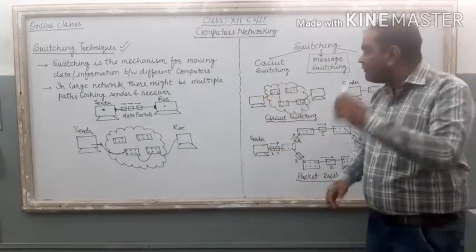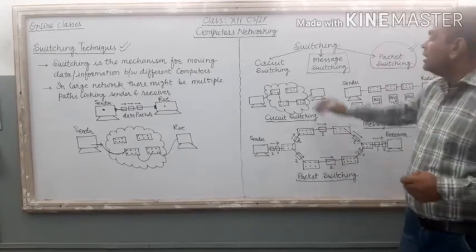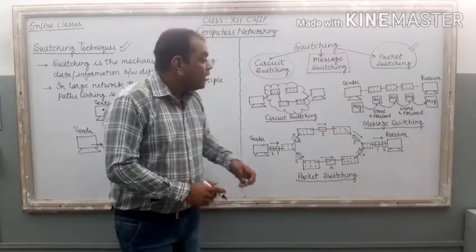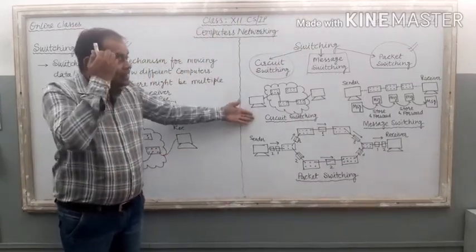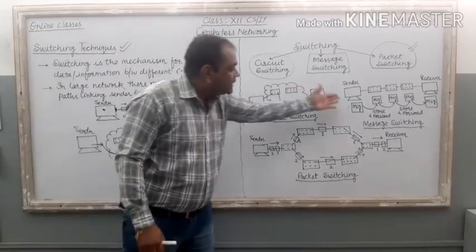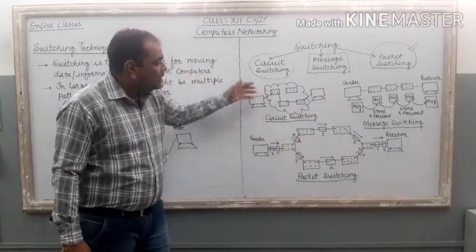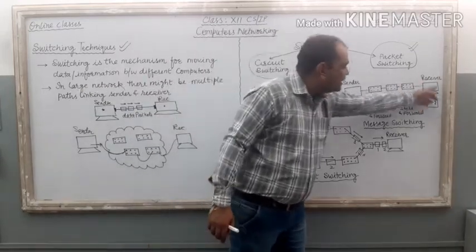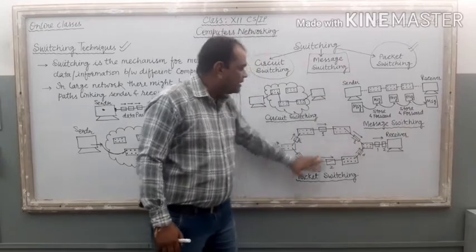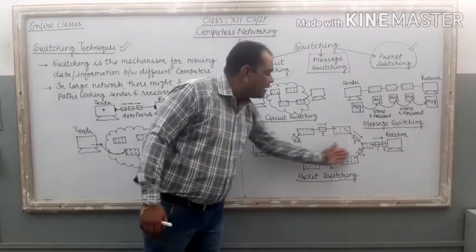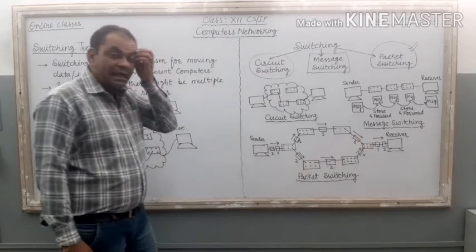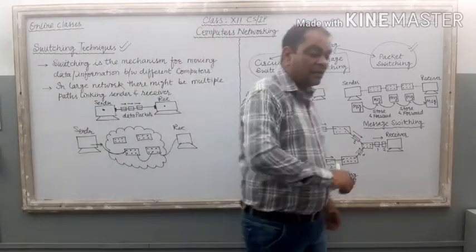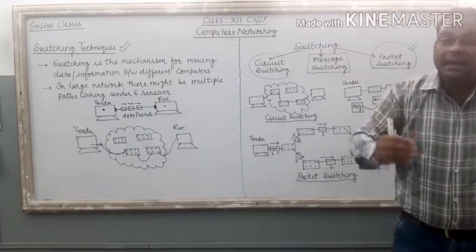switching techniques. So very first, we will talk about the first oldest technique, that is known as circuit switching. Here on this board, you can see diagrams of all these three switching techniques. This diagram is of the circuit switching technique. Next to this diagram is the message switching technique, and the last one, the bigger one, is related to the packet switching technique. So three different switching techniques are there on the board. Very first, we will talk about the circuit switching technique.